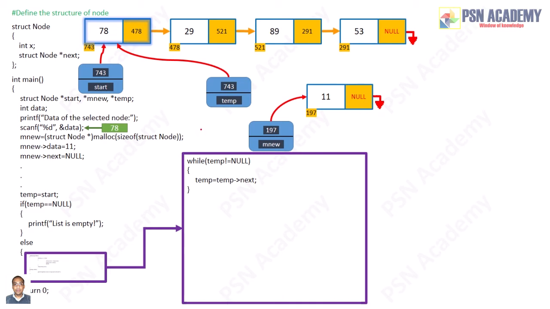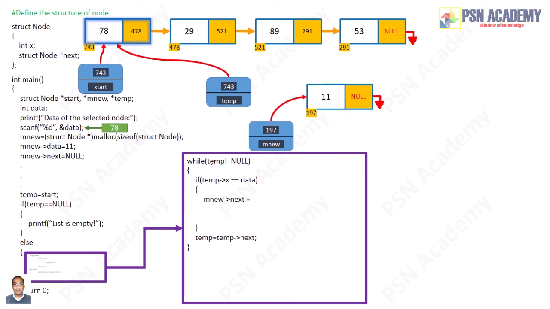Now wait, before moving temp from this node to the second node, just check over there whether the data part of this node where temp is actually standing is matching with 78 or not. So if it matches, then you have got that node the user was searching for. So before moving temp, you give the if condition here. If temp data is matching with data,